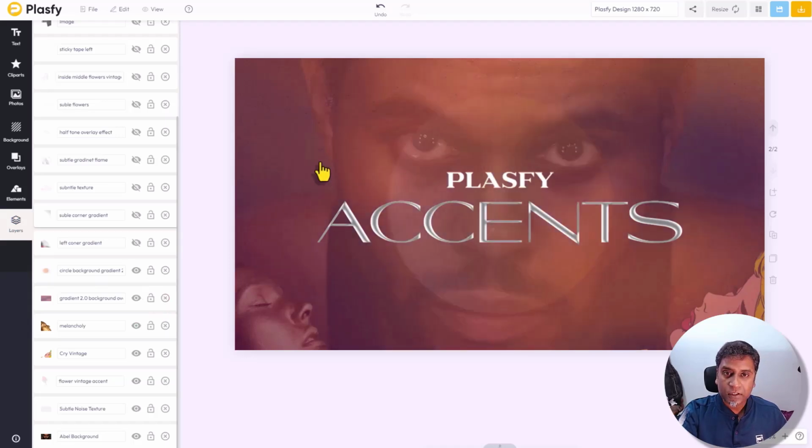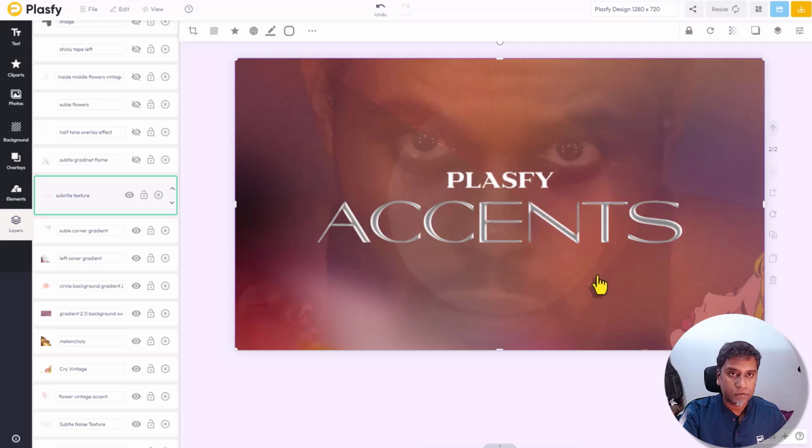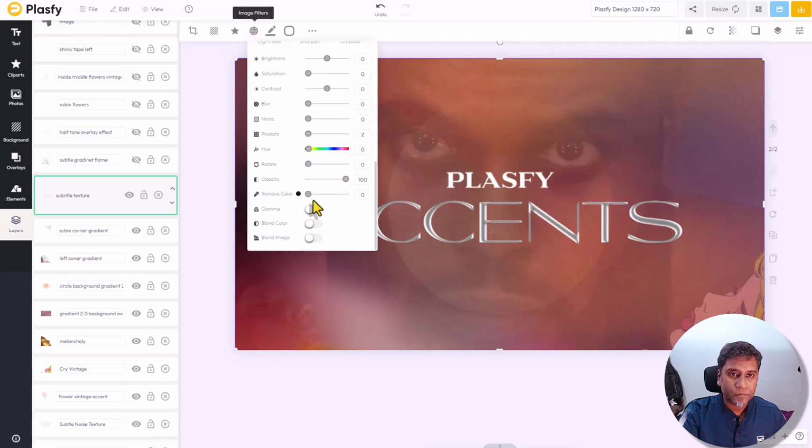Then you have the circle background, it's a gradient. Then you have another gradient added. We have another gradient added from the top right there. Now let's look at where this one goes. Another gradient texture added here. If I select that, click on this, go down here, has any change been made?